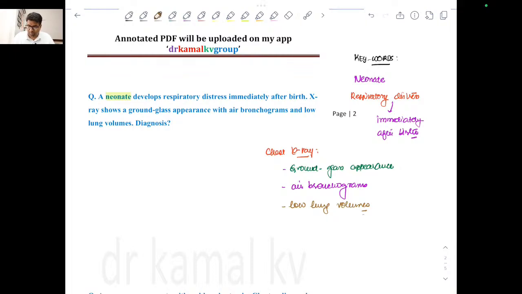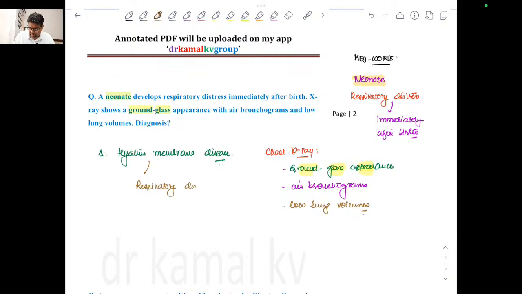The classical clue which you should remember for the answer is ground glass appearance. So the moment you have any mention of ground glass appearance, especially in a neonate who is presenting with respiratory distress immediately after birth, the answer has to be hyaline membrane disease, right? Hyaline membrane disease, which is also known as the